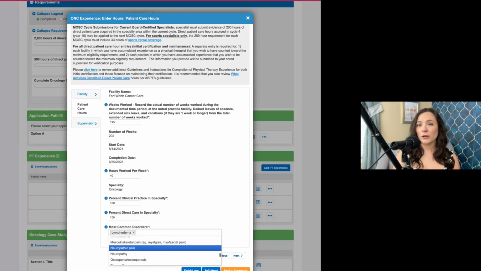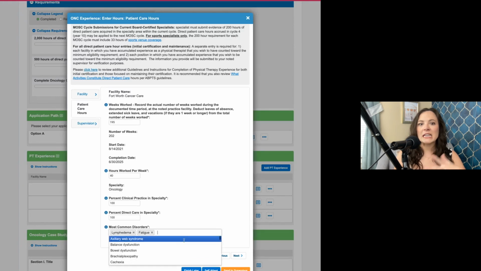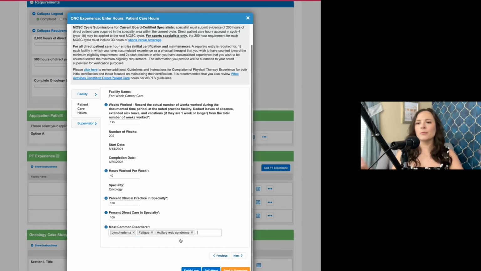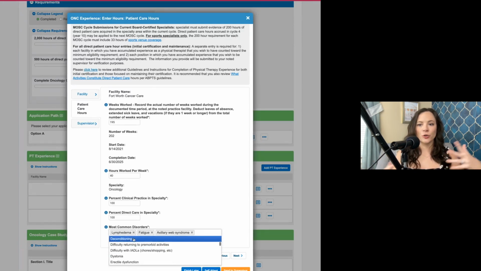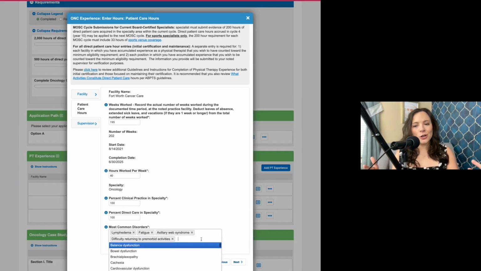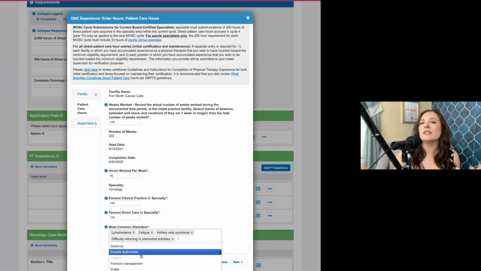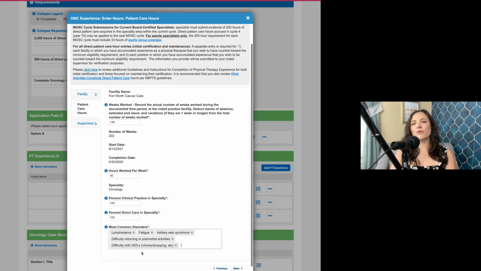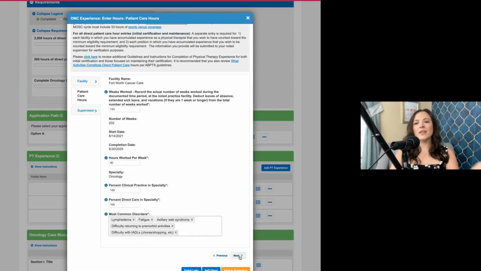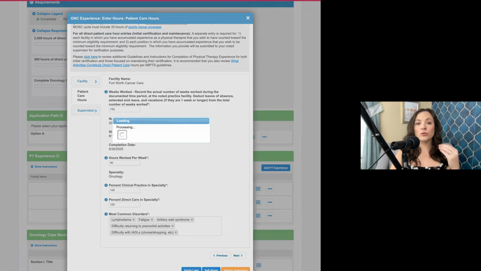Again, I'm sure it's to verify that yes, you do actually work in oncology, but also to get an idea of what oncology physical therapists are actually treating out in the field. And I'm sure that's used for some kind of internal research. I don't know this for sure, but I have a suspicion that that's probably what they're using that for. You'll hit next, and then this is going to navigate you to the actual supervisor attestation